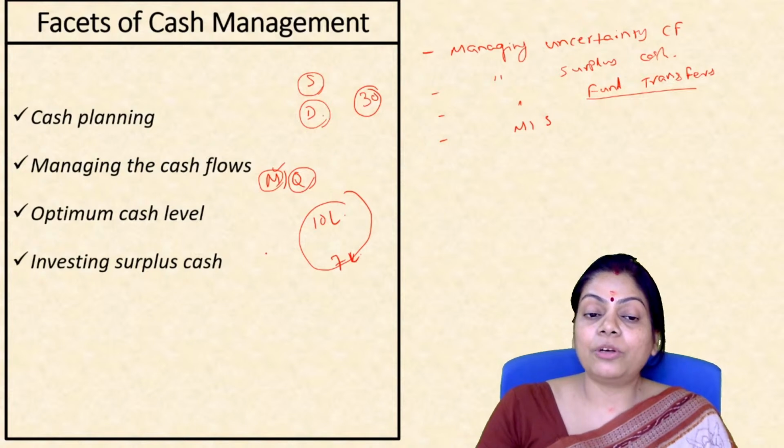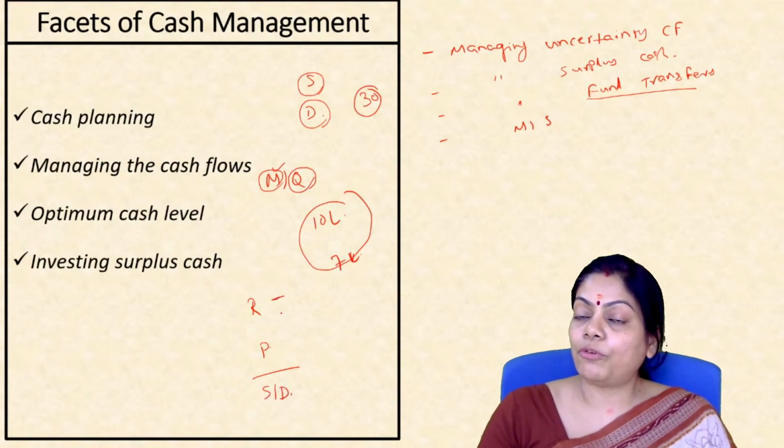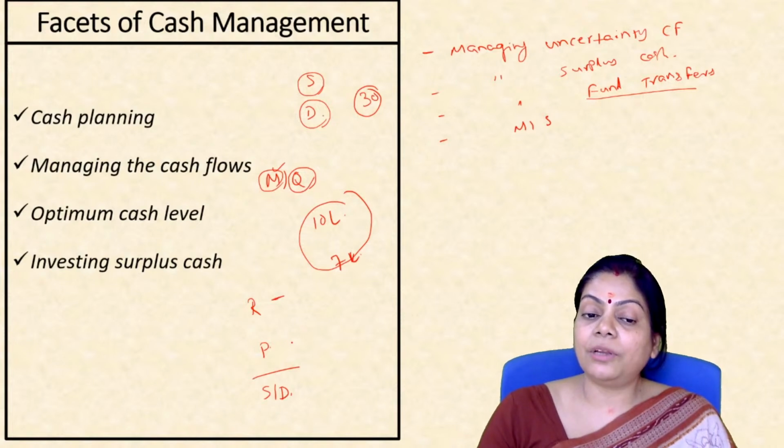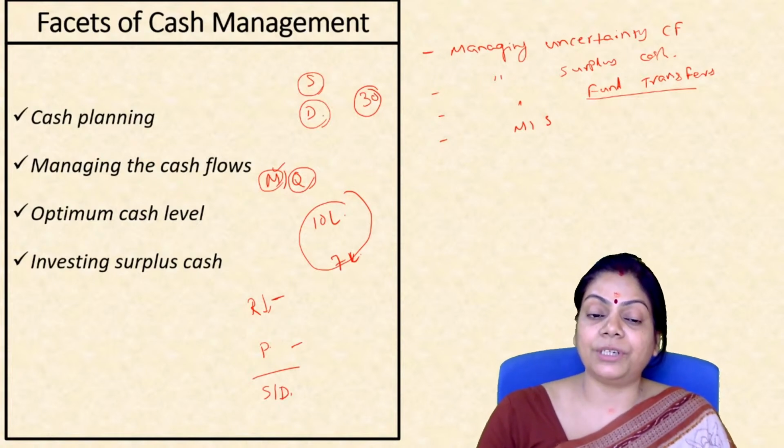Because in the cash budget you have a receipt section, you have a payment section, then you have either the surplus or the deficit section. Now if there is a shortfall in receipts, and the payment remains constant, then I'll obviously have a deficit. Probably that could result in a deficit.